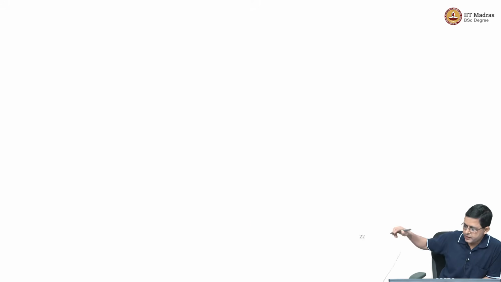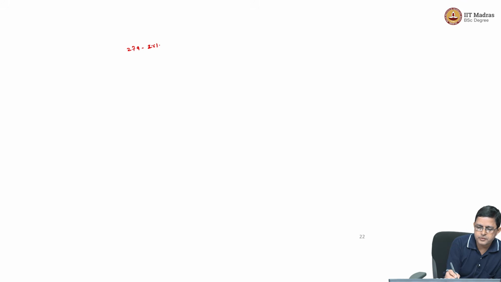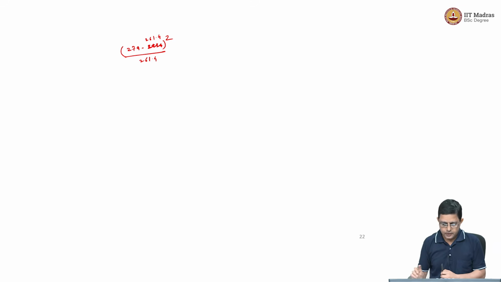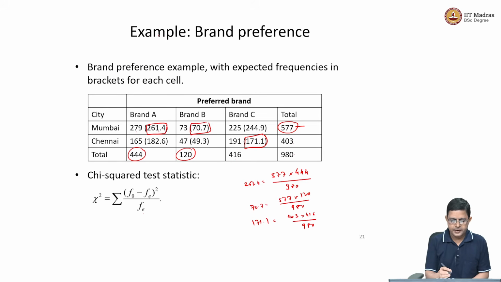How are we going to calculate the chi-squared for that cell? 279 minus 261.4, whole squared, divided by 261.4. This is the first cell: observed frequency 279 minus expected frequency 261.4, square it, divide that by the expected frequency, plus